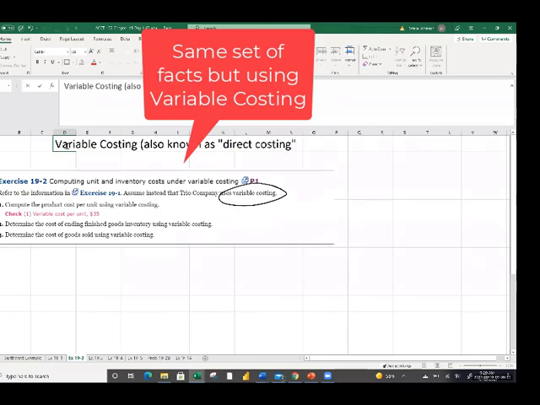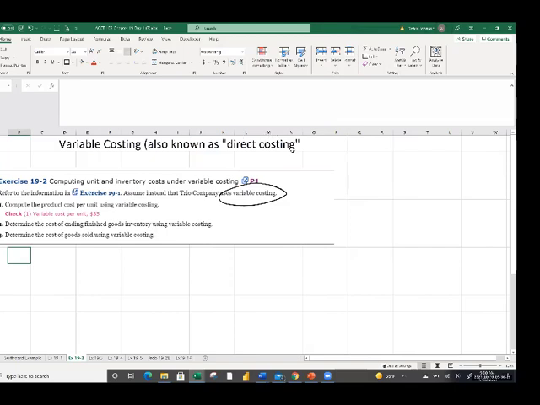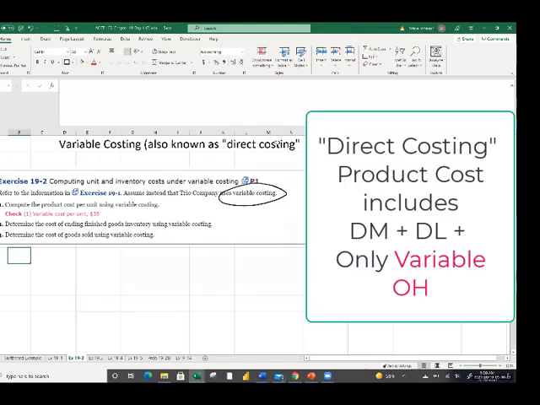In fact, I had an interview. We were hiring a new instructor, probably, I don't know, 10 years ago or so. One of the questions we asked them was to apply variable costing techniques. And he said, could you reword? I'm not sure what you mean by variable costing. My colleague said, oh, direct costing. After that, he knew exactly what we were talking about, and he flew through the interview. So direct costing is what I hear, and it's definitely what that colleague, now he's my colleague, heard out there